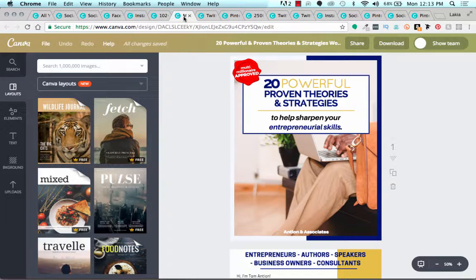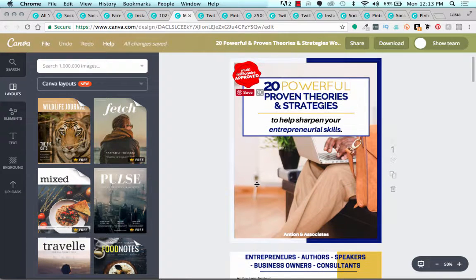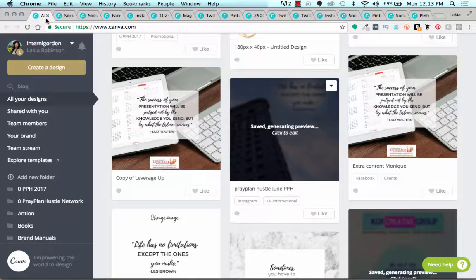Another thing that you can do, you can create some workbooks. Now, I absolutely love workbooks because this is something that you can give away as your lead magnet. So you can create this thing, and depending on what size you use in Canva, let me just go back here real quick